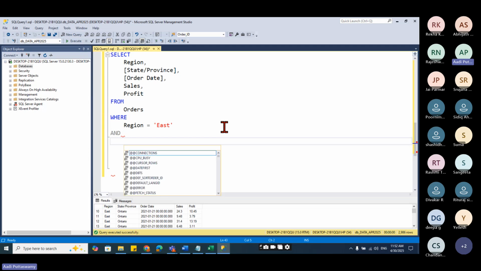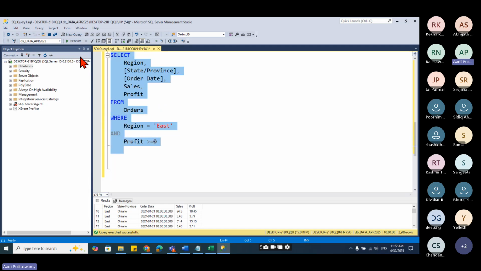Say profit is greater than or equals to 0. That means I want only positive profit values. Now, how many are there? 2986. Select, execute. See, 2412. That means there are few records which are removed. That is negative numbers. Let's go and check. See,